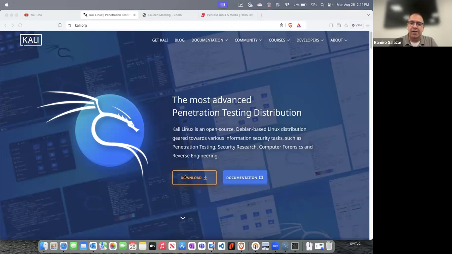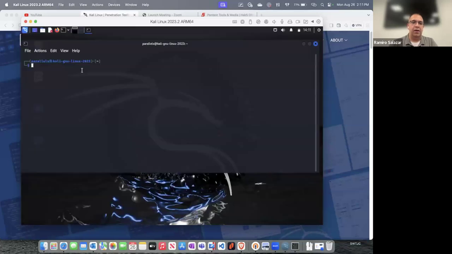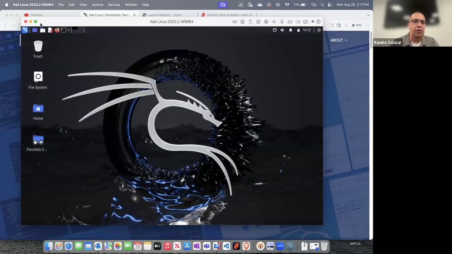And by the way, you can't just download this and start using it. You would need virtualization software to set up this operating system and have it run in a separate window. Now, for example, here I'm on my Mac and I'm running a tool called Parallels. This Parallels is a virtualization hypervisor that will allow me to run virtual machines on my Mac. And all I have to do is just log into the Kali Linux operating system. And it kind of looks like this. All right. Let me exit out of this screen. Let me first make it to where you can see everything.